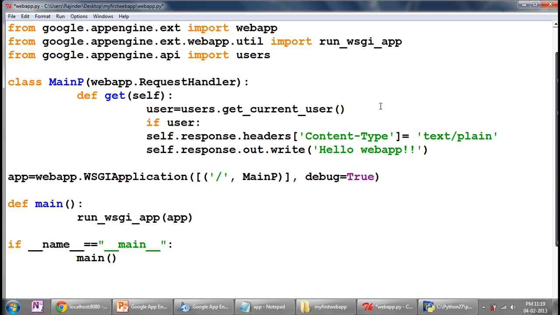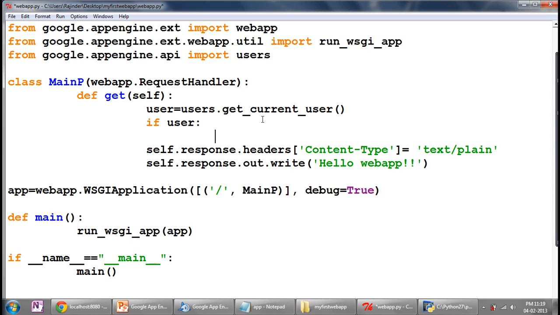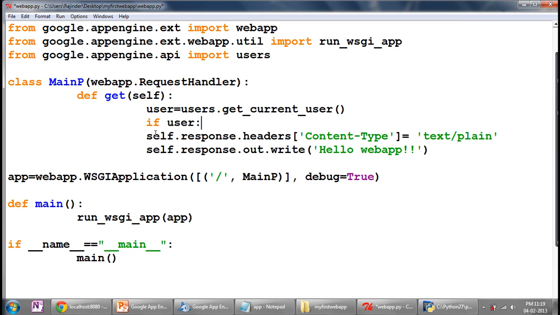Now if we get the user, if there is a current user, then self.response.headers content type is text/plain, and self.response.out.write is hello, plus user.nickname(). This method is also provided in this package.